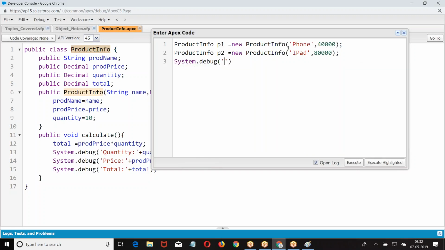System.debug P1 name, P1 price, P1 quantity.